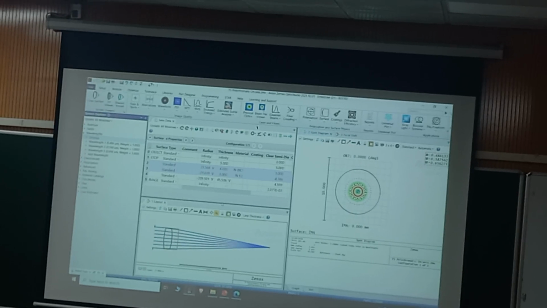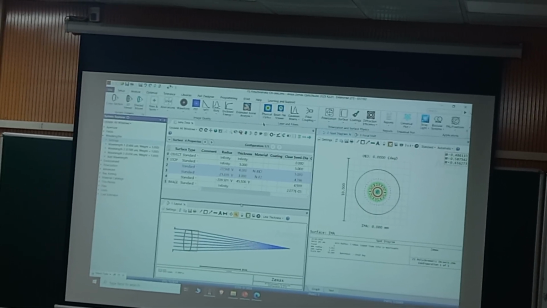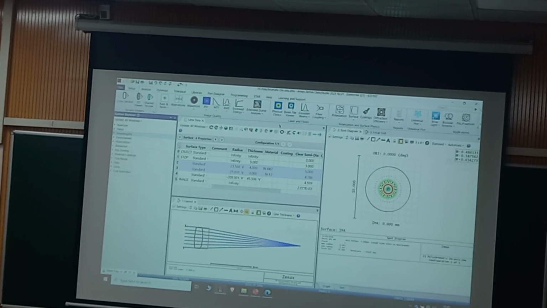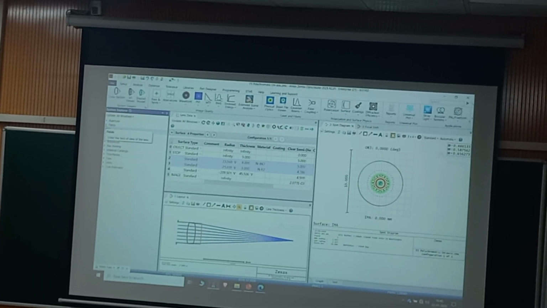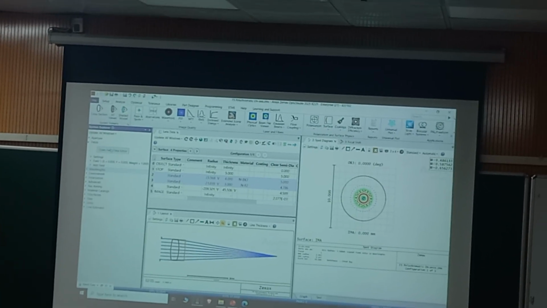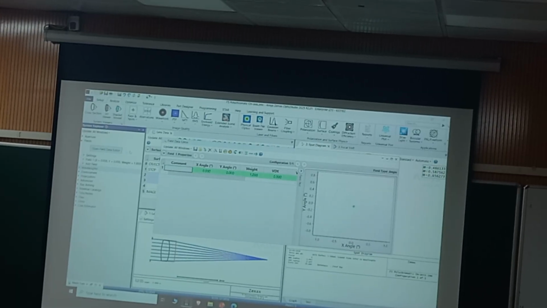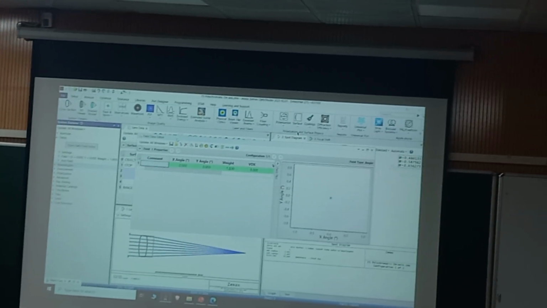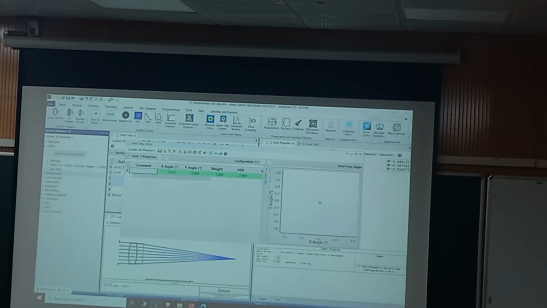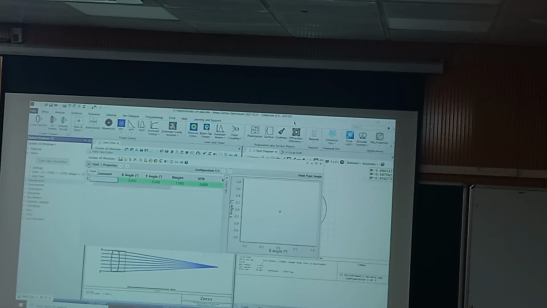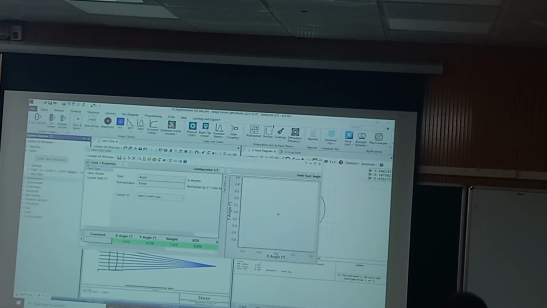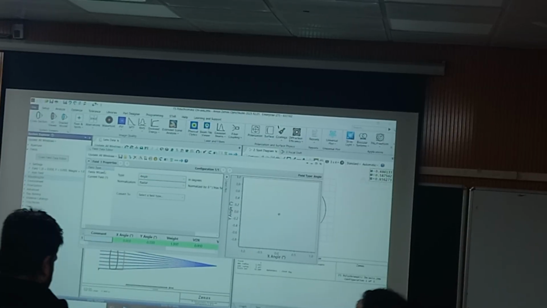So I go over here. Wavelength is also defined here. Wavelength no change, aperture no change. Now I have to introduce field of views. So open the field data editor. Once you open fields, open field data editor, this box will pop up. So go to this small arrow over here, Angle, Radial, Field Wizard.